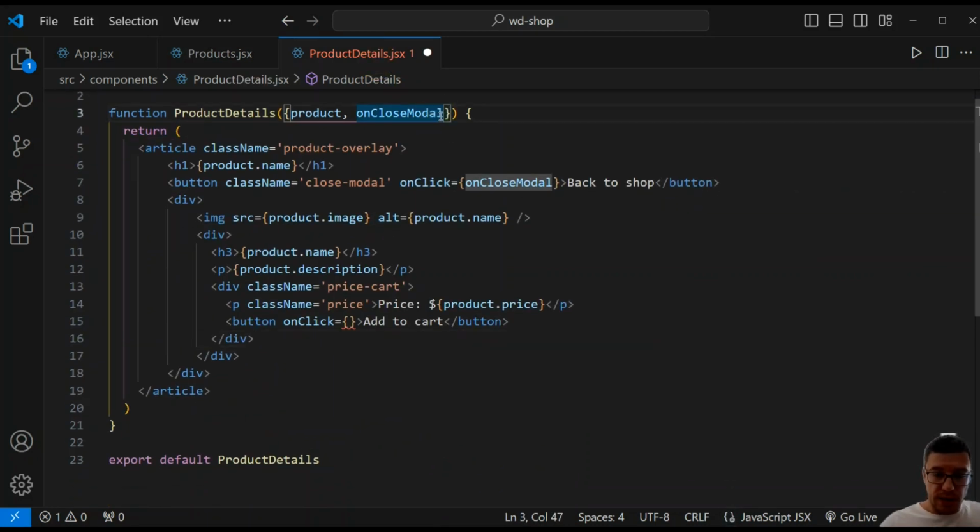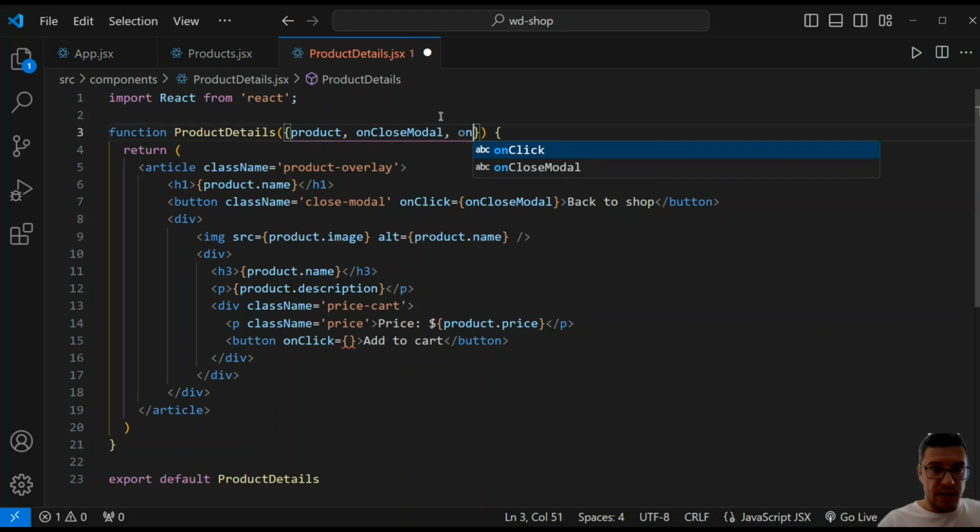So I will expect to get on add to cart prop,